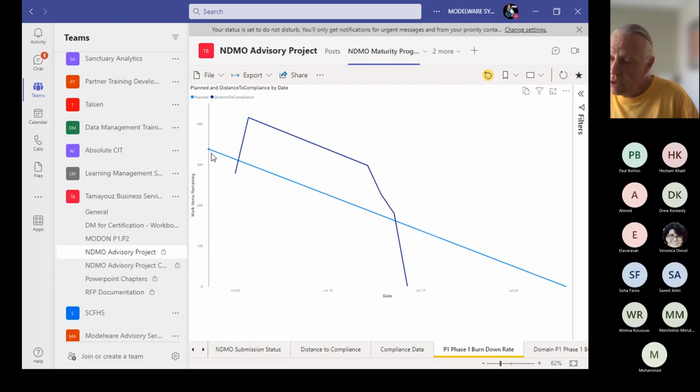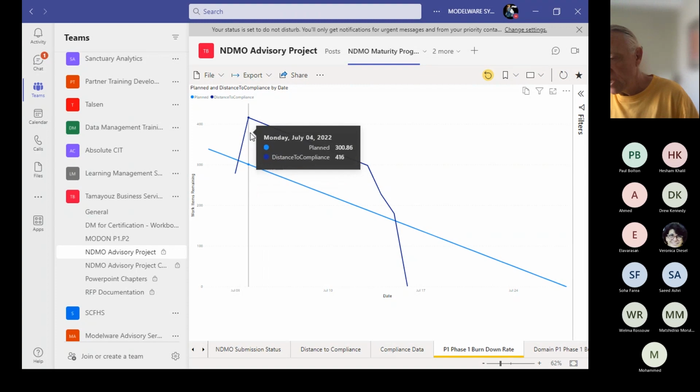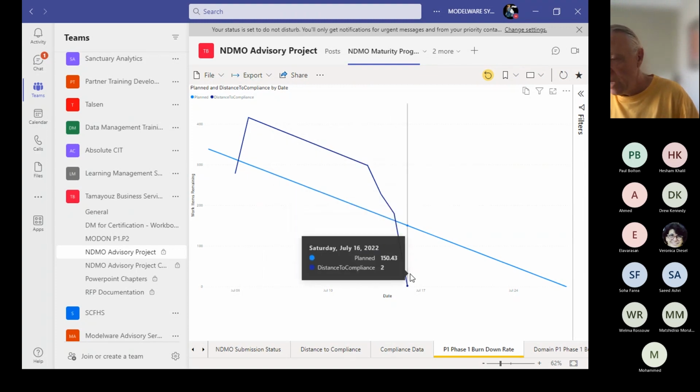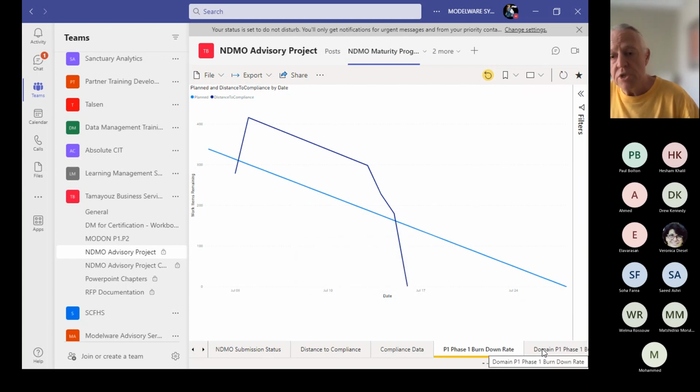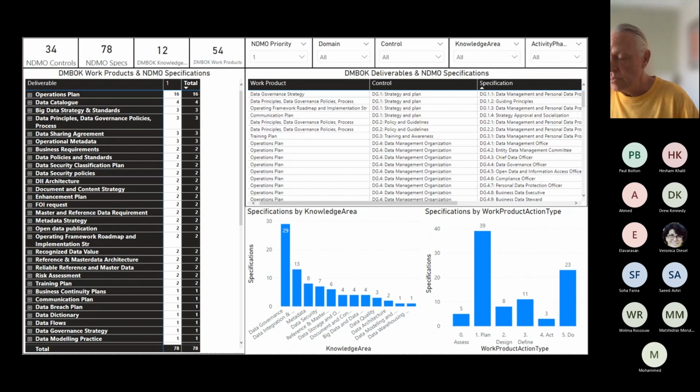quickly, when we started with the first section, those were the distance to compliance or distance to target, and we used that as a burn down chart, and you can see we took a little bit longer to get going, and then we were able to catch up in the end there. And so it works very nicely, Hisham, in terms of building an agile approach to this compliance as well. So I'm hoping you can see you get lots of that benefit out of doing your DMMA, very similar to what we were talking about in the maturity assessment.